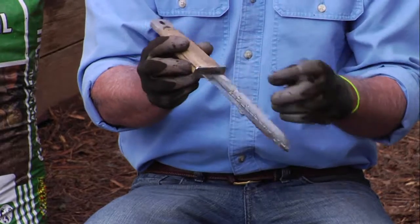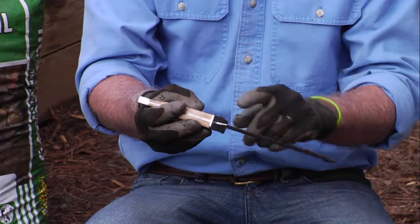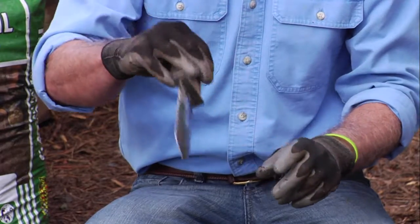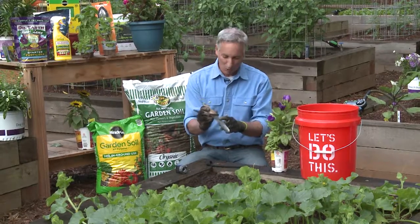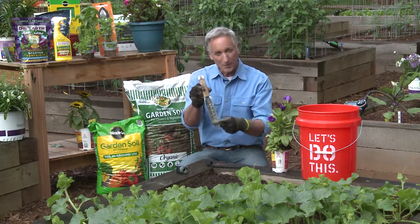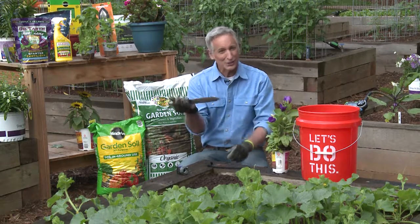But what's nice about it, it's stainless steel, a very sharp, stiff blade. It won't rust. It's got a serrated edge on it, so when you're cutting open those bags of soil, or you need to measure the depth of your bulbs or your seeds, it's got pre-measurement lines on it. It's got a place where you can cut twine or wire on the edge, and it just feels really good